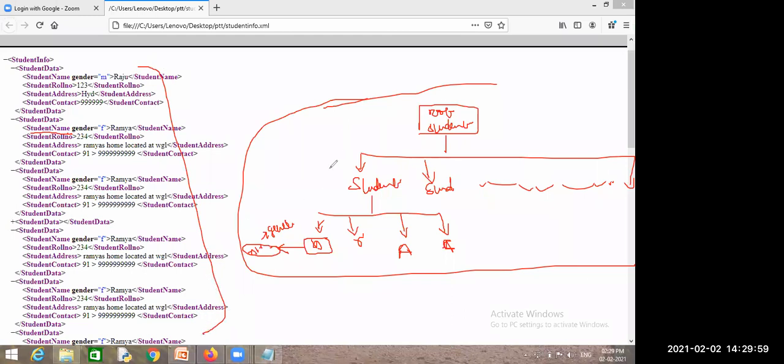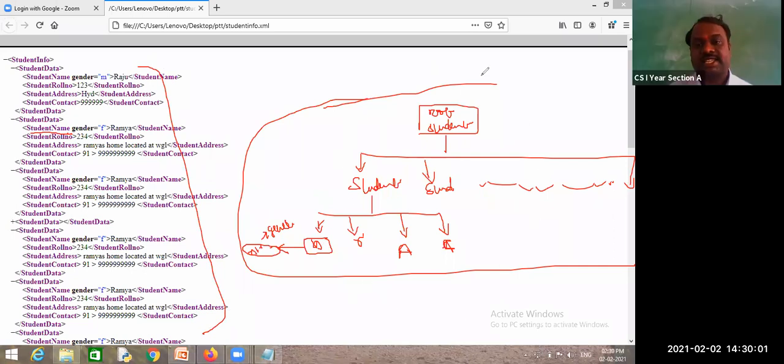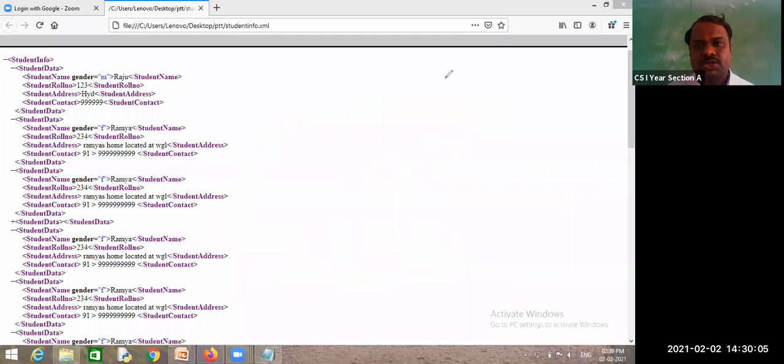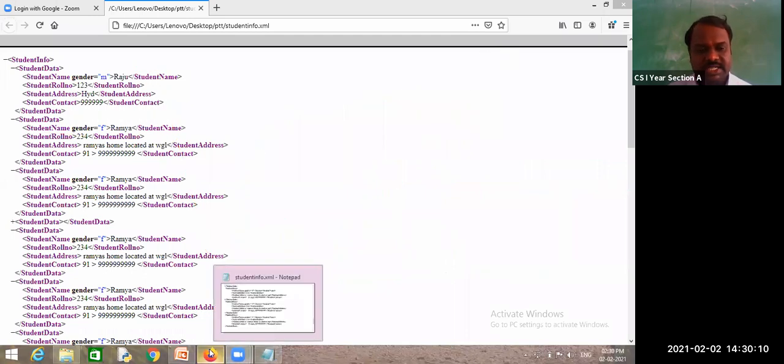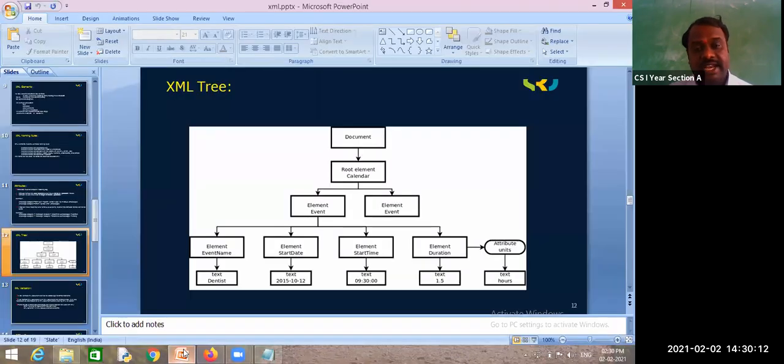Diagrammatic representation is best. This is the tree structure of your XML document. This document is different, and I have given one tree structure, and we will encode this one. So this is the tree I have, and I will try to prepare the XML document for this.